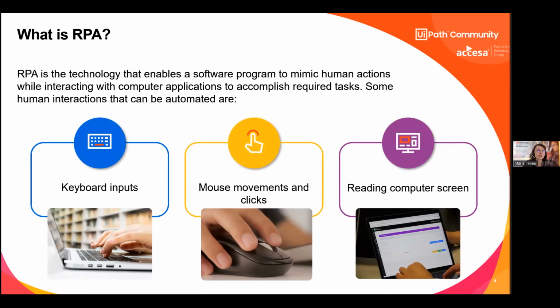So RPA is nothing less than the acronym for Robotic Process Automation. Robotic is an entity with the capabilities to mimic human action. The process is the sequence of steps that lead to a meaningful activity or task, and automation means that that task automatically happens without human intervention.